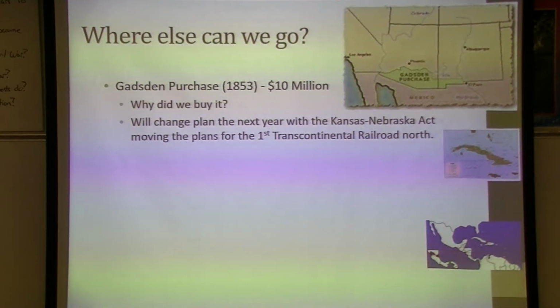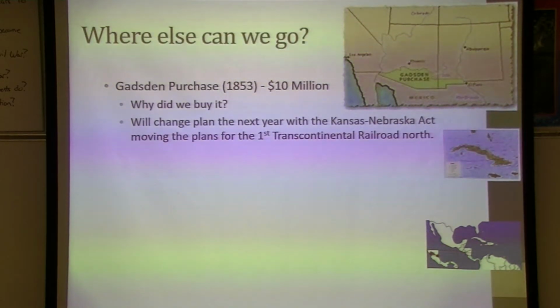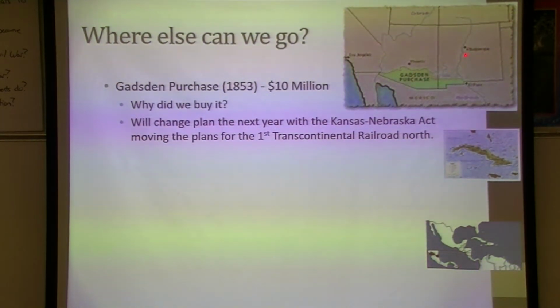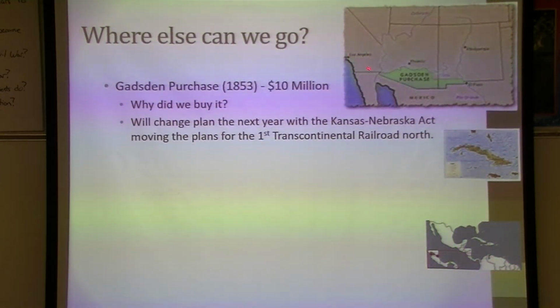The main reason that we're going to buy it is for trains, because there was a plan to connect California and the gold that is there with the east. And when building the trains, they needed somehow to get from there, and we have the Rocky Mountains. But south of here was where there were the mountain passes, and so the first train line that was going to connect the east and the west, the Transcontinental Railroad, was going to go through the south, and that's where